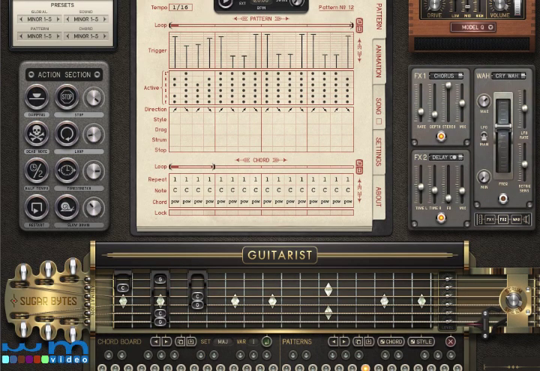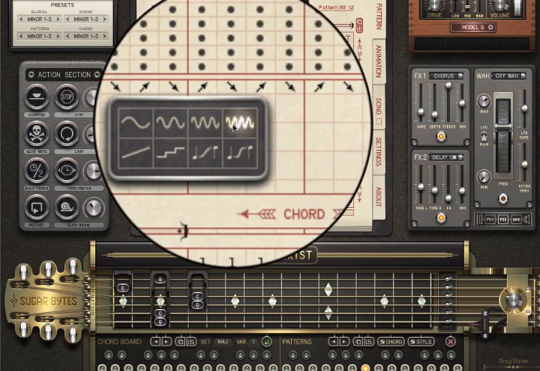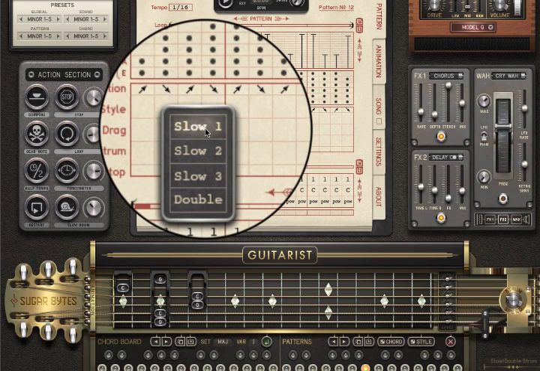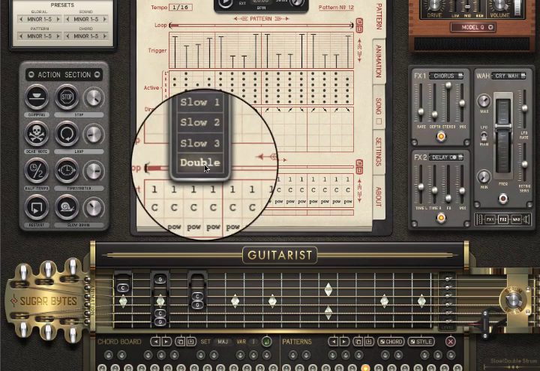This is the most important part of working with Guitarist. Selecting a pattern controls the choice of all these elements: the trigger accent pattern, the number of strings playing on each stroke, the number of steps in the accent pattern. There are 3 different types of styles of notes: a muted note, a dead note, and a ringing out note. You've got different types of pitch variation when the string plays, different types of strum speeds, including a double strum